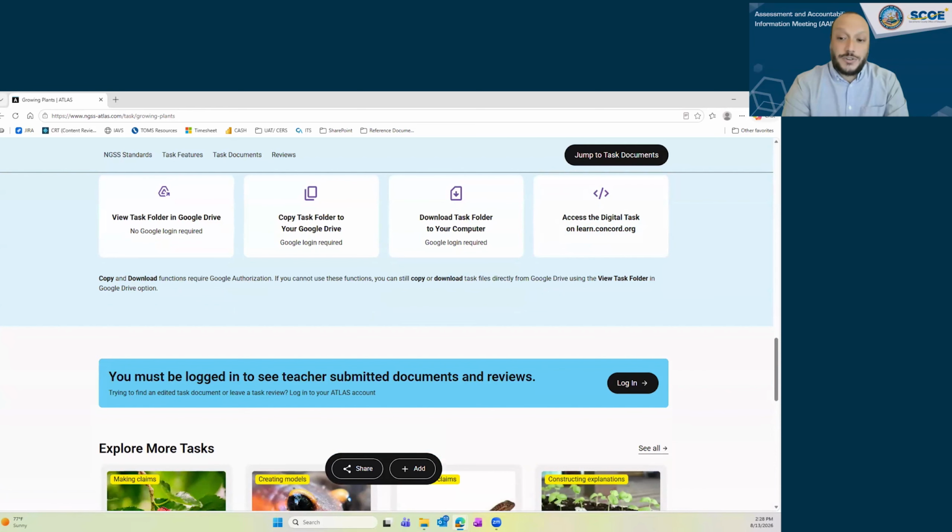All of the steps I just walked you through can be done without logging into an Atlas account. An Atlas account is free and takes less than 30 seconds to set up. Once logged in, I would have access to even more features, including reading and leaving public reviews of the task, saving the task to my personal collection so I can keep tasks saved from year to year. I can also collaborate with colleagues and create a shared online discussion space for us to plan together and share implementation tips. Keep in mind that all teachers who want to form a collaborative group must have an Atlas account.